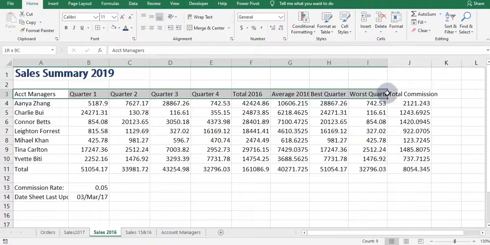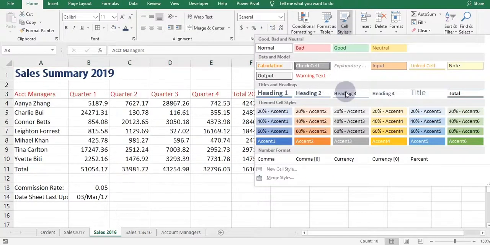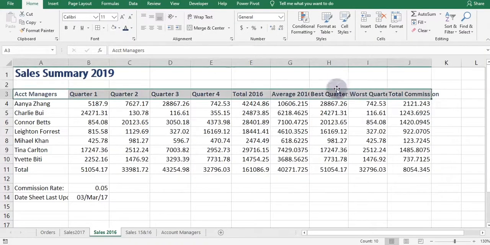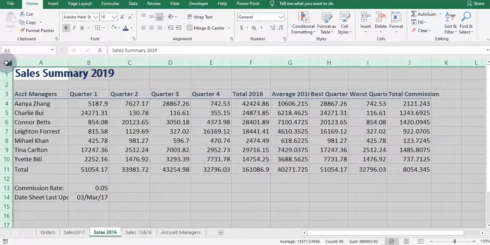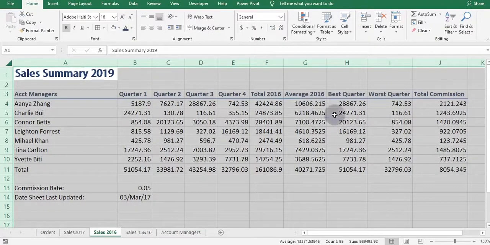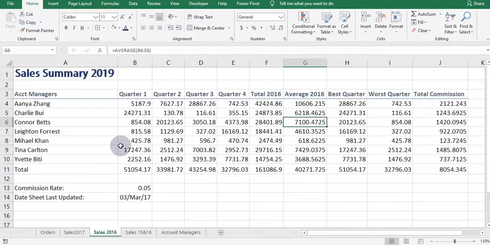For example, like this. These things are okay, but I want the things to be really quick. So for that, I will simply go to cell styles, then opt for heading 3 according to my data. So yeah, it looks good, but I need this heading to be complete, so I will simply select all the data and double click onto this, and here it got the right width.